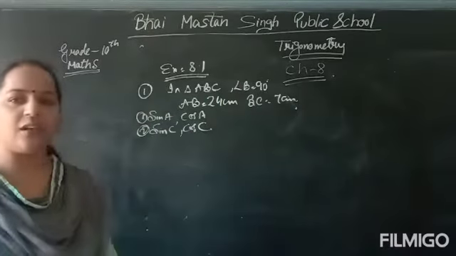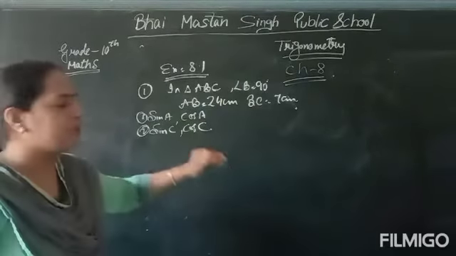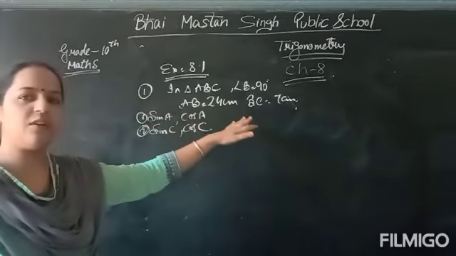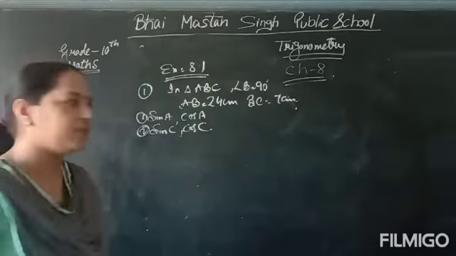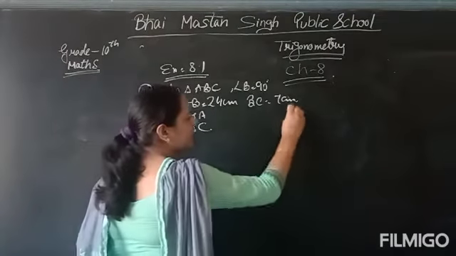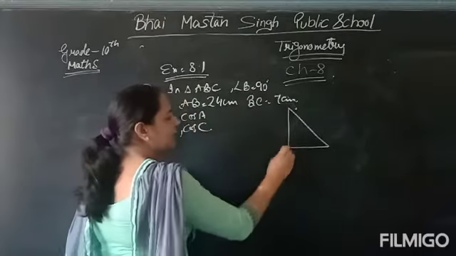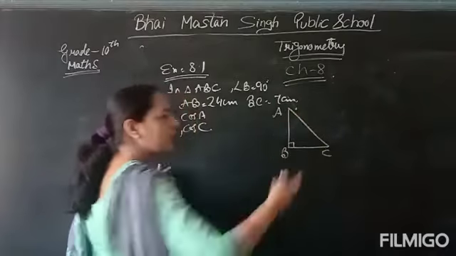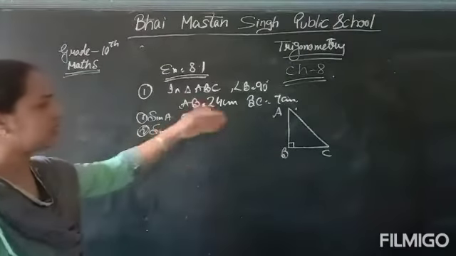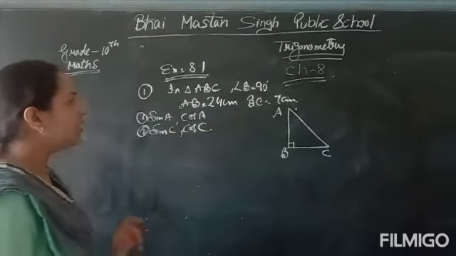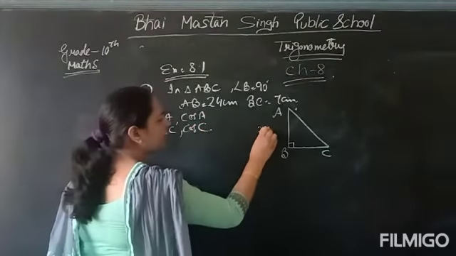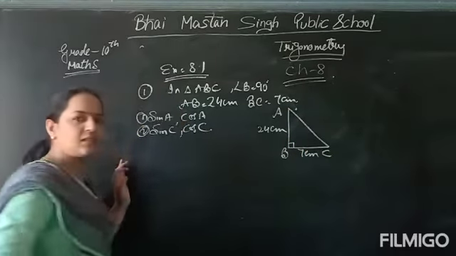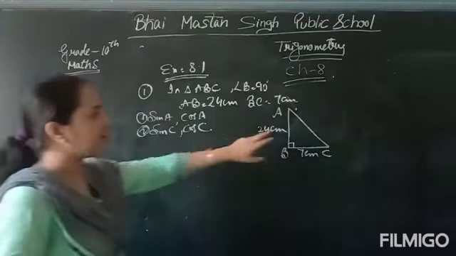In the first question they have given a right angle triangle ABC, right angle at B, it means angle B is equal to 90 degrees. AB they have given 24, BC they have given 7 centimeter. So we will draw the diagram firstly. There is a right angle triangle, angle B is equal to 90 degrees, and here are A and C. You can mention it by your own choice, C on that place or A on that place. Now AB is equal to 24 centimeter, BC is equal to 7 centimeter.